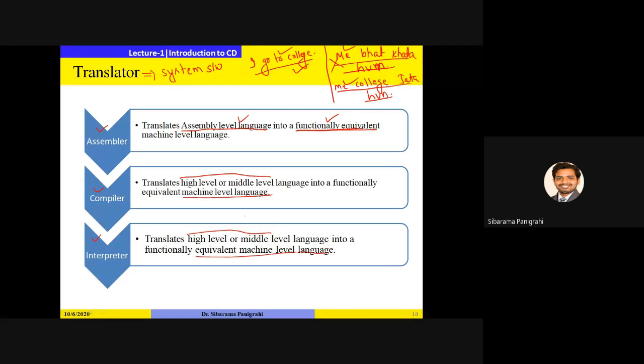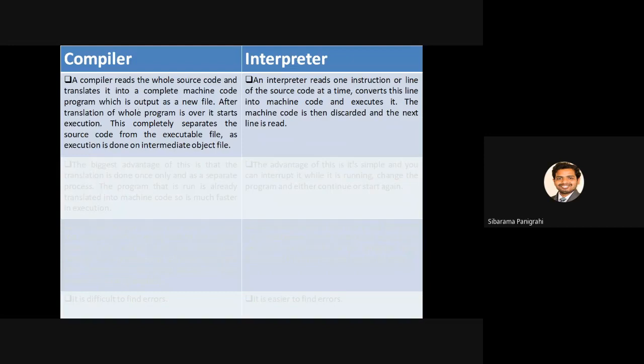So if both are doing the same thing, there must be some difference between compiler and interpreter. So let us go through the difference between compiler and interpreter. Before going through this text, let me give you one example so that you can easily understand. Let me become a translator who will translate English to Hindi. So let me write a sentence.